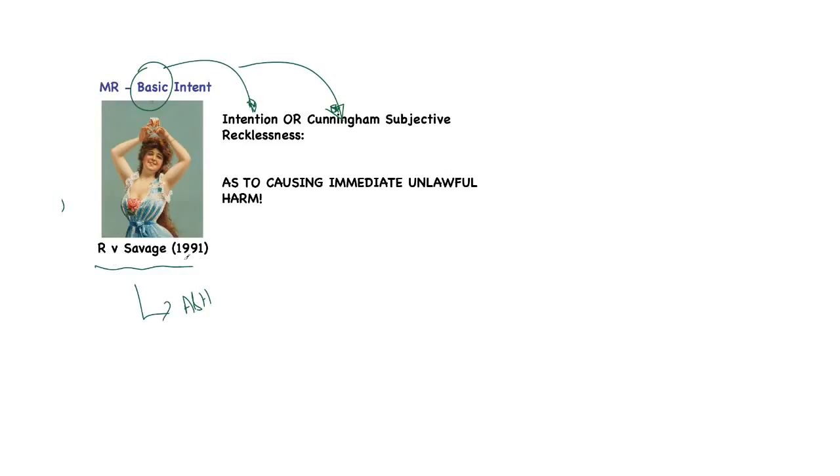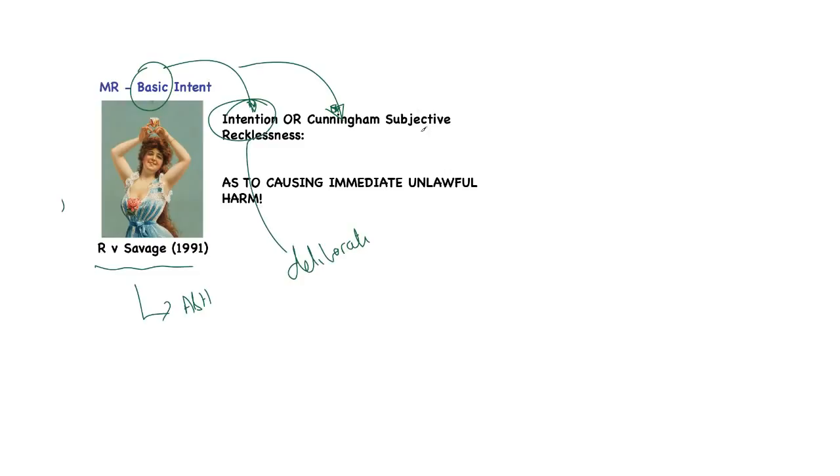But in Savage, all that you need to be aware for assault is that Savage states very clearly that the mens rea for assault is the intention or recklessness to cause immediate unlawful harm. All right? Just saying it's intentional recklessness is not enough. It is the intentional recklessness to cause immediate unlawful harm. So just make sure that you've got that. Savage will state that the intention to cause the apprehension of immediate unlawful personal violence, deliberately, in terms of the intention, if you like,